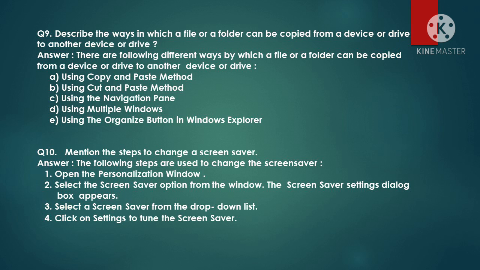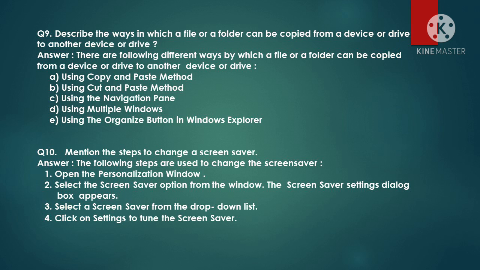A. Using the copy and paste method. B. Using the cut and paste method. C. Using the navigation pane. D. Using multiple windows. E. Using the organize button in Windows Explorer.